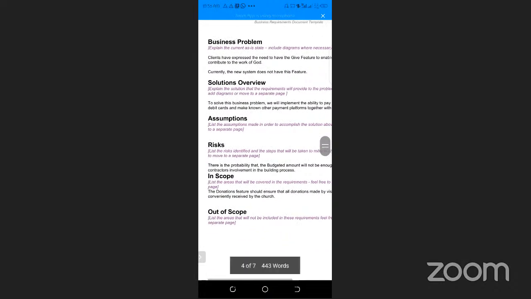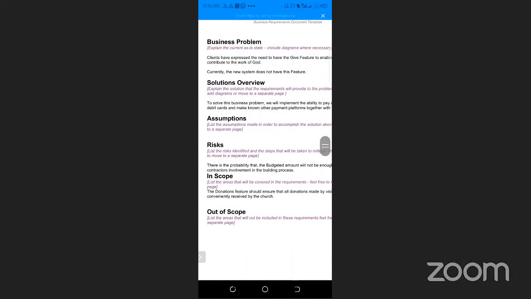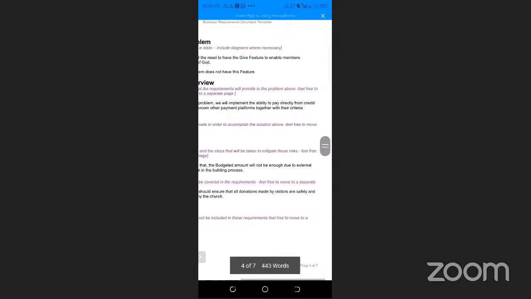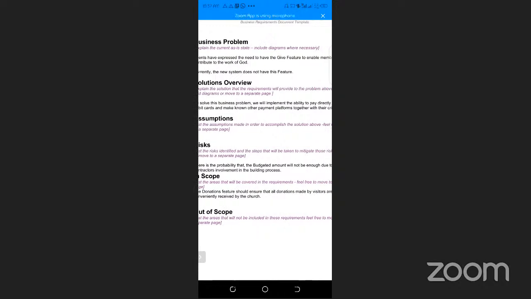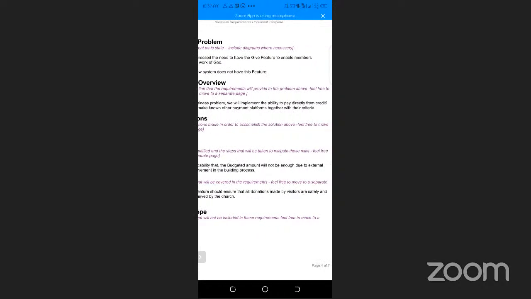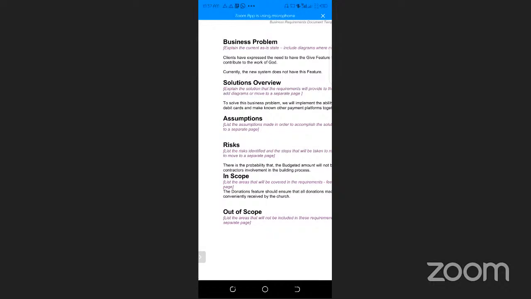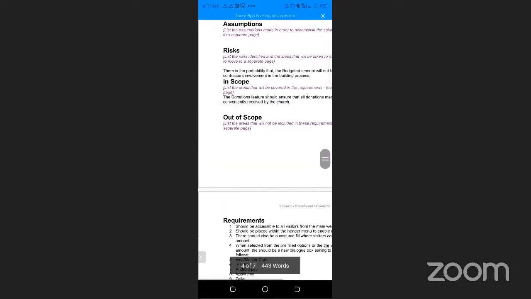The risk here, there's a probability that the budgeted amount would not be enough due to external contractors' involvement in the building process. In scope, the donations feature should ensure that all donations made by visitors are safely and conveniently received by the church. And the requirement